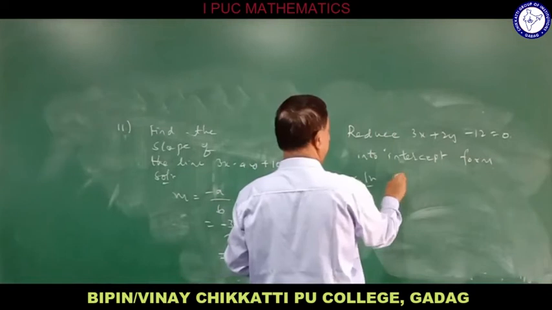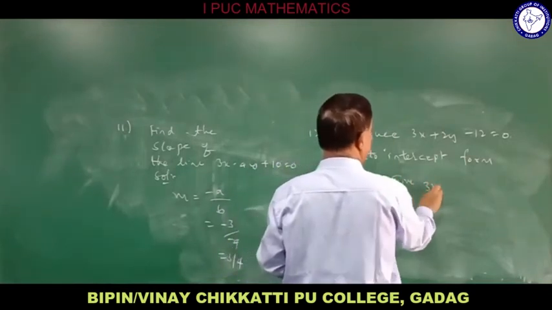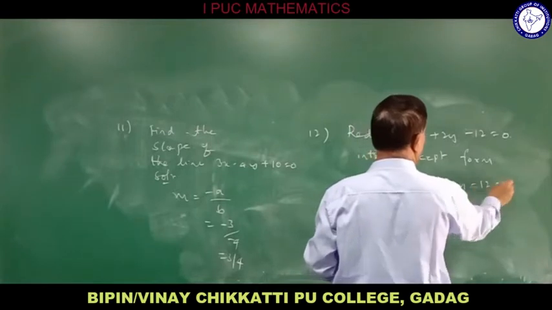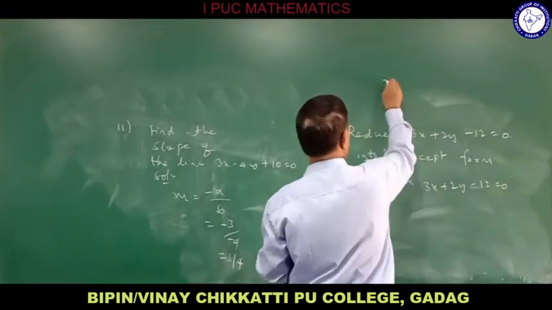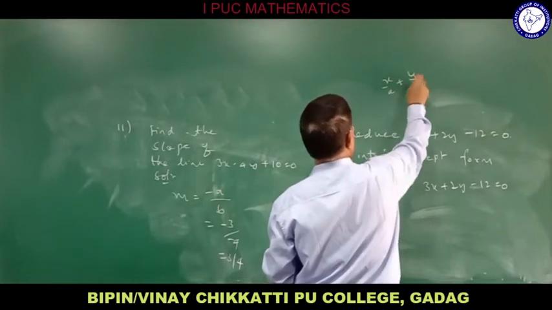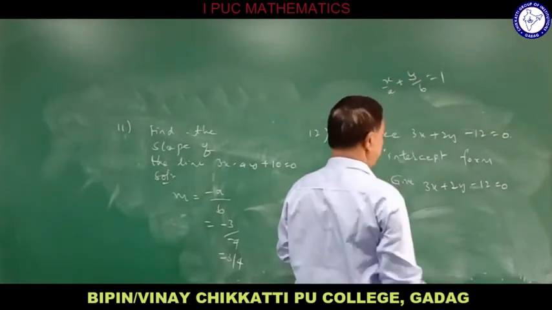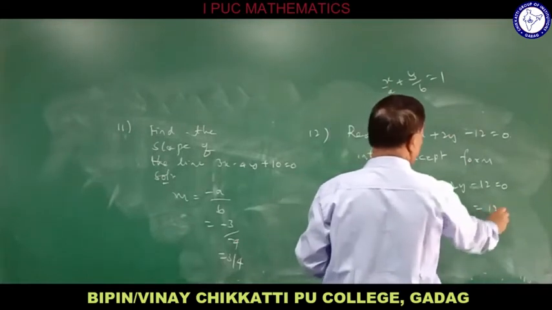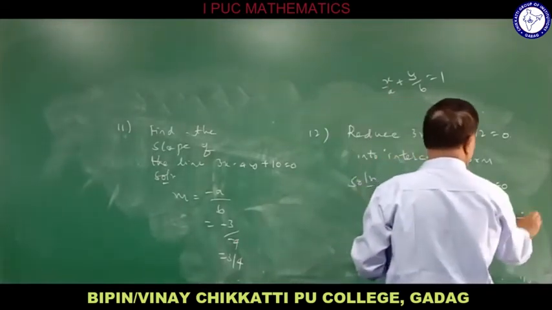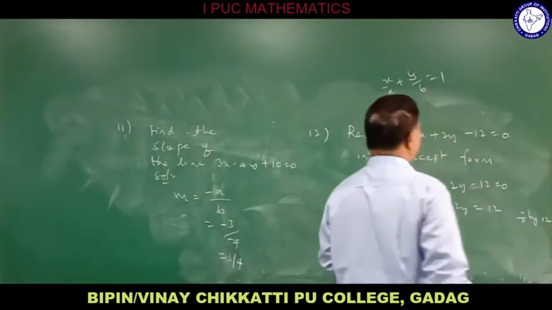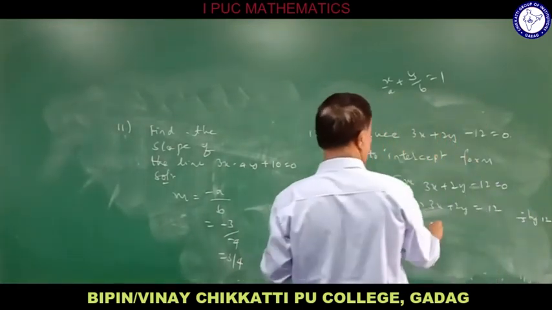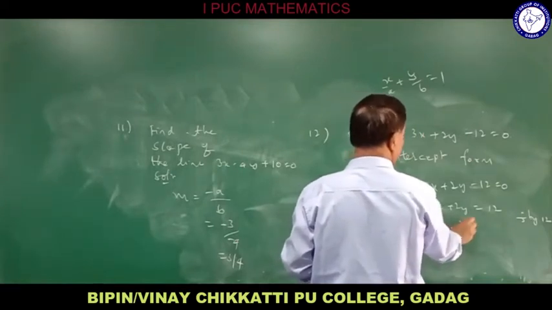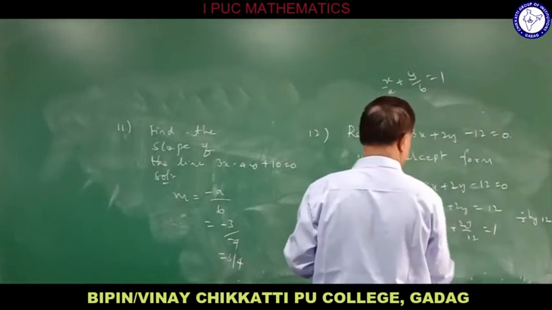What is the general form here? 3x plus 2y minus 12 is equal to 0. The intercept form is x by a plus y by b is equal to 1. Then what do we do? This is 3x plus 2y is equal to 12, and divide by 12, because the right side is 1. So here we get 3x by 12 and 2y by 12 equal to 1. So finally it is